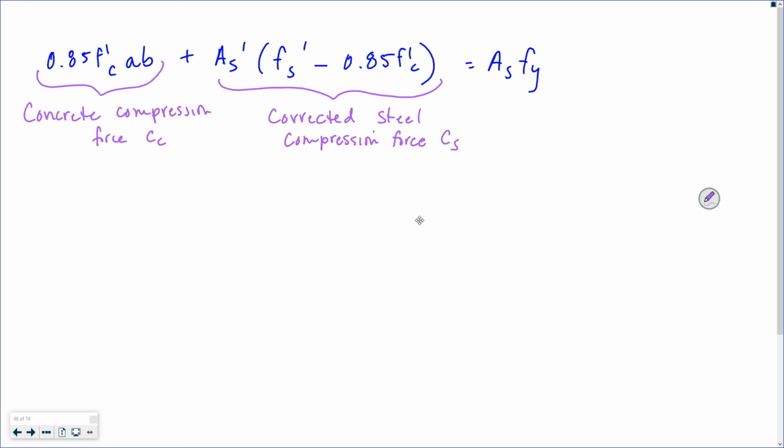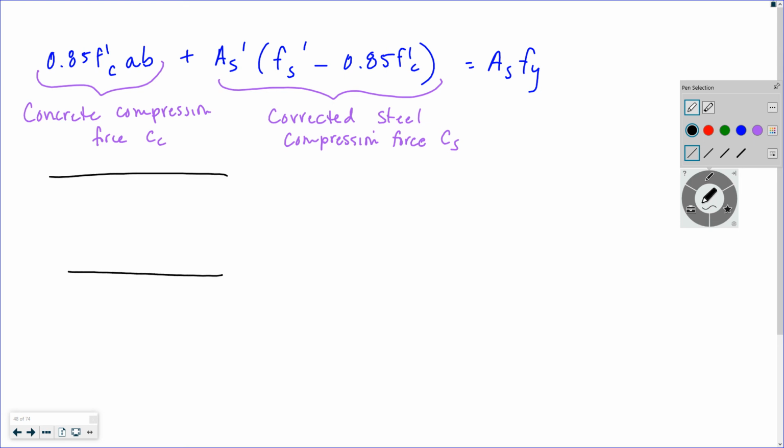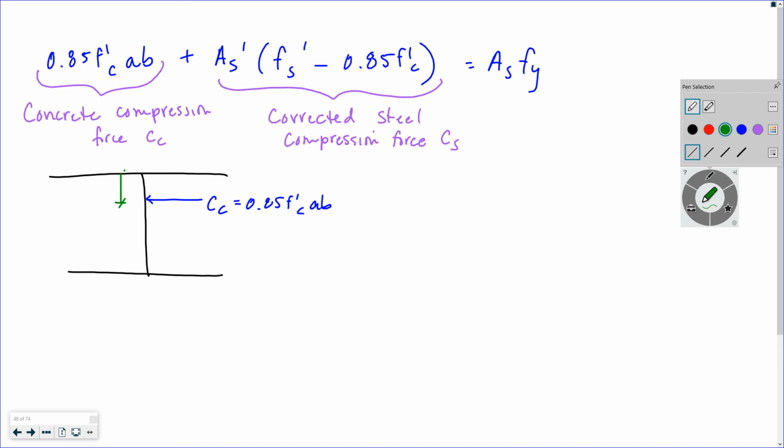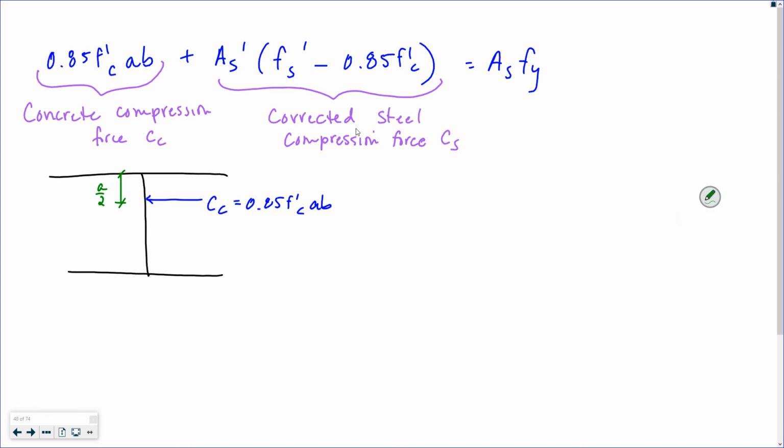There's a reason that we're doing this. It's because if I look at my forces, if I keep my C sub C as 0.85 F prime C AB, then it gets to act at the centroid of that stress. If I kept it with AB minus AS prime, then the centroid of that area, right? I'm talking about,